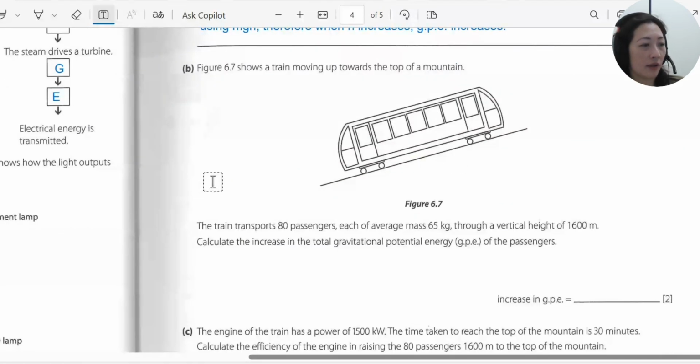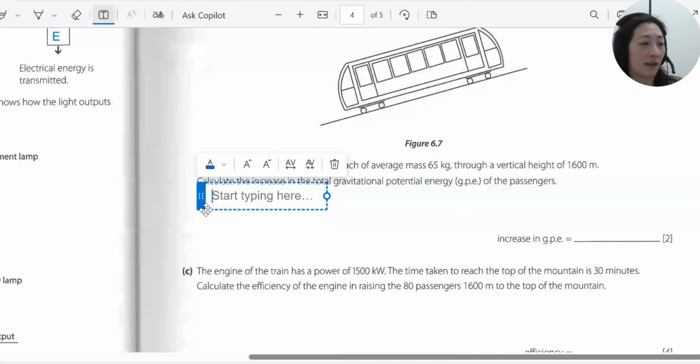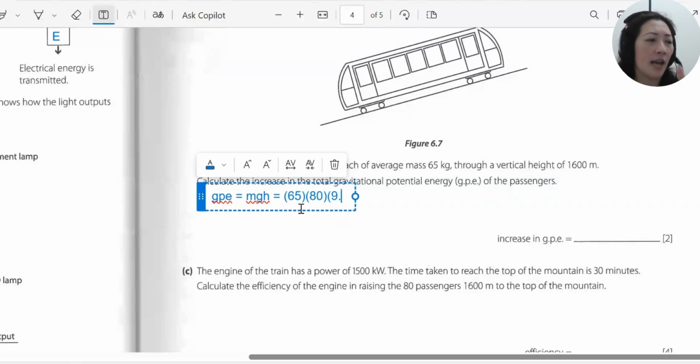Figure 6.7 shows a train moving up towards the top of a mountain. It transports 80 passengers, each of an average mass of 65 kilograms, through a vertical height of 1,600 meters. So to calculate the GPE, we use the formula mgh. Mass is 65 kilograms for each passenger, and there's a total of 80 passengers, so we multiply this with 80 passengers. g is 9.8 and h is 1,600. So using your calculator, calculate this, you should get